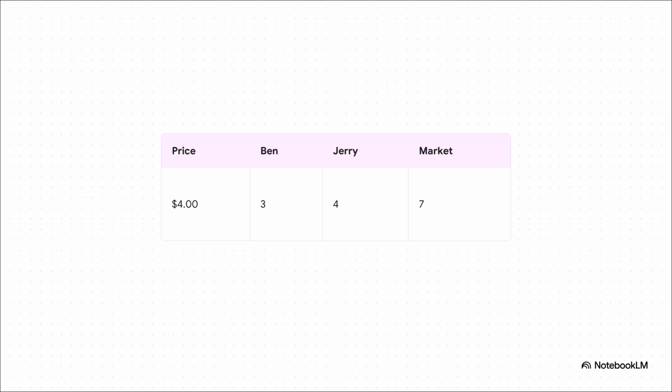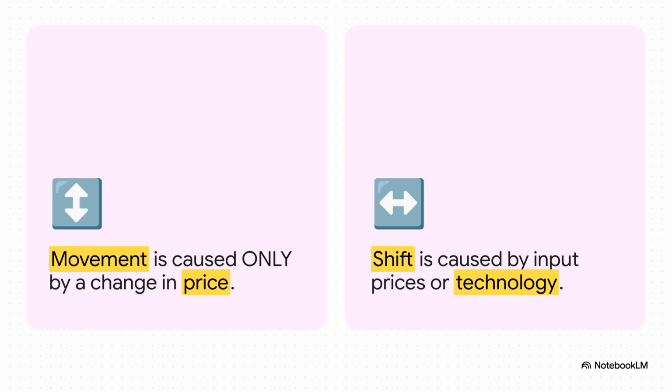And just like we saw with the buyers, aggregate market supply is just the sum of all the individual sellers. If Ben is willing to supply 3 cones at $4 and Jerry supplies 4, our total market quantity supplied is 7. Simple math. And exactly like demand, we have to contrast a movement along the supply curve with a total shift. If the price of ice cream goes from $3 to $4, sellers just move along their existing curve and crank out more. But say someone invents an amazing, fully automated ice cream machine. That's a huge leap in technology. Or what if the price of milk, a massive input cost, completely plummets? Those kinds of factors change how much sellers can produce at every single price point, which physically shifts the entire supply curve left to right.